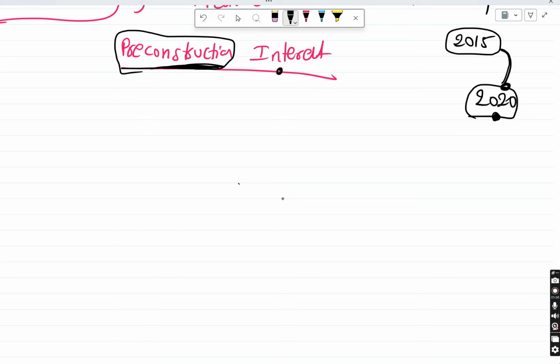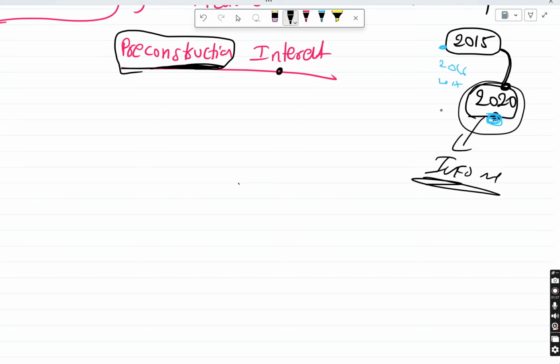whatever interest I paid, I can claim the deduction now only. Now you might have a doubt, why did you not claim deduction in 2015, 2016, 2017, why are you claiming in 2020? Because there is no house. If there is no house, there is no income. If there is no house property income, how can I claim the deduction? Because the house came into picture in 2020 itself. I started getting income from 2020 only. So in 2020 only I can claim the deduction, whatever interest I have paid in the previous years.